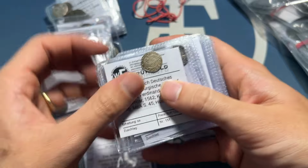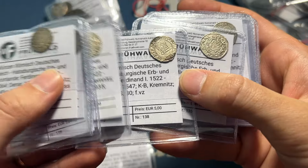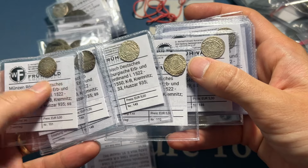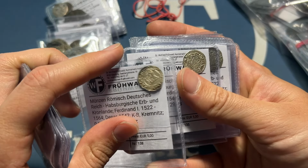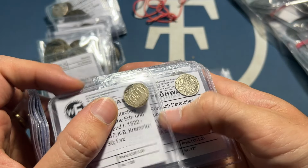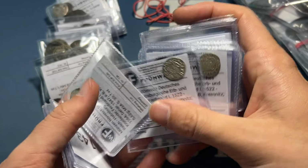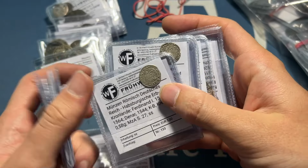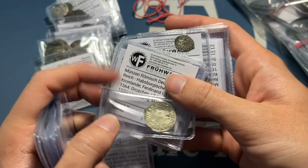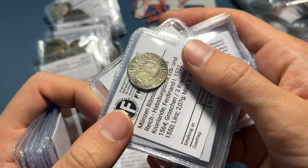Very clearly on the items. So we got a good mix of them. I've really been wanting to test these out and see how they would do. Often what I'll try to do is buy a good mix. Like this one's 1547. Some of them you can see above the crest there, just in the field. But buy like 20 of something, see how they do, and if it does well, you can obviously buy a bunch more. So that one is going to be a Ferdinand Three-Kreuzer, a little bit larger, kind of medieval German,